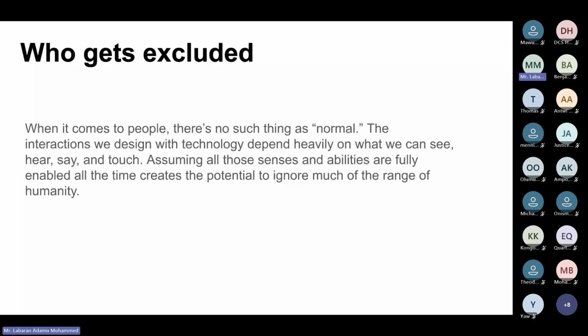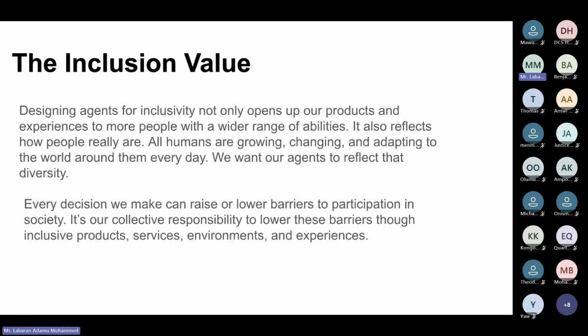The inclusion value. One thing I can say: designing an agent for inclusivity does not just open the product to more people. It describes people as they truly are. When you design for inclusivity, how can I put it? The product should